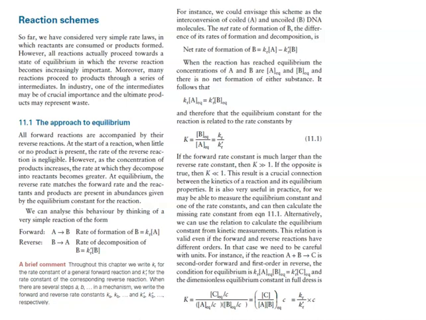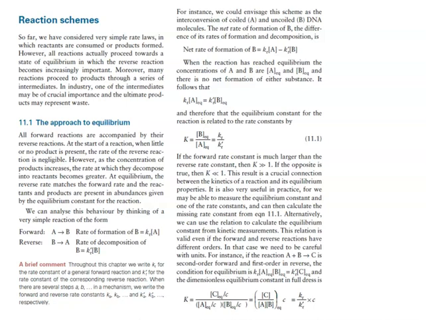So, a brief comment. Throughout this chapter, we write k sub R for the rate constant of a general forward reaction, k prime sub R for the rate constant of the corresponding reverse reaction. When there are several steps, a, b, etc., in a mechanism, we write the forward and reverse rate constants as k sub a, k sub b, etc., and then k prime sub a, k prime sub b for the reverse, respectively. So, with that taken care of,